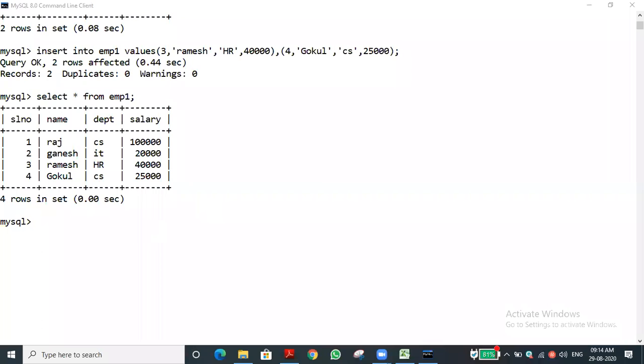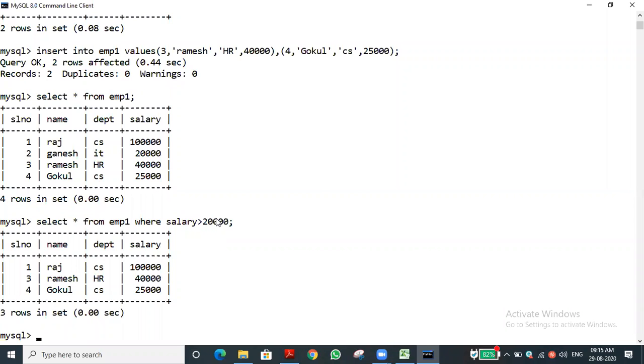Let me check it. Okay, sir. Yes, now the cursor is there. Okay, tell that. Select all from EMP1 where salary is greater than 20,000.